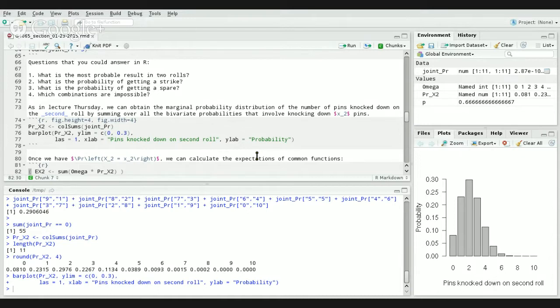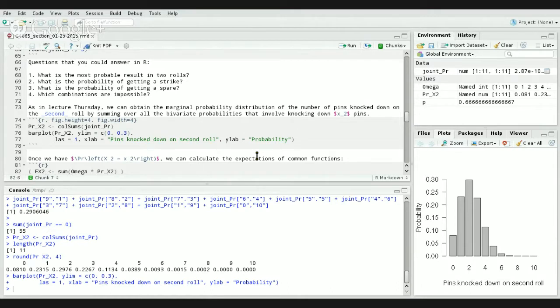So in the case of the expectation, we're simply using an identity function for g of x equal to x. So for each element of omega, we multiply that by its respective probability, sum over all of those, and that